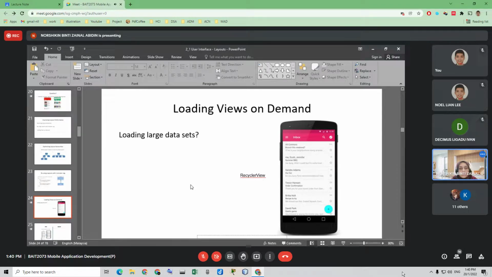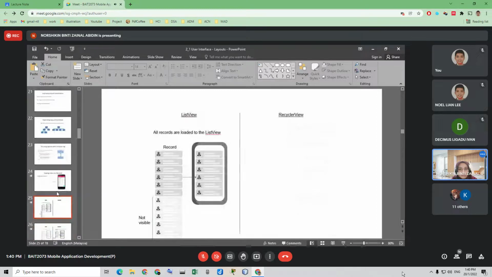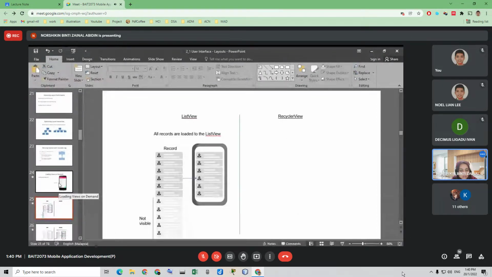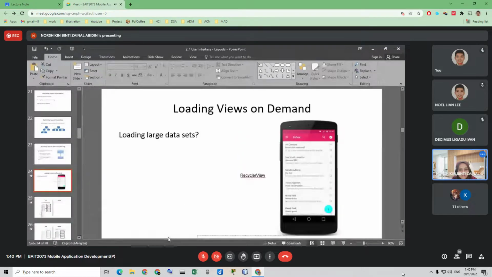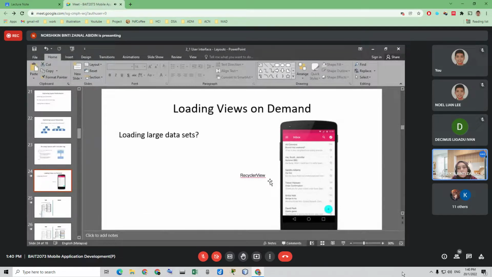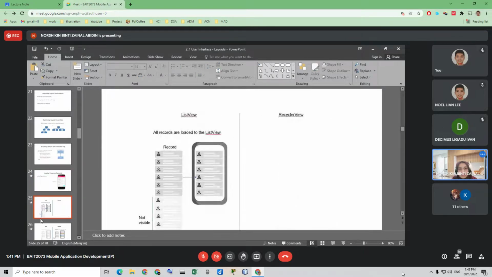Recycler view is related with the view group. But wait, recycler view, it's the view group. Okay, it is a view group that contains the views corresponding to the data. So this one is the recycler view. Next,